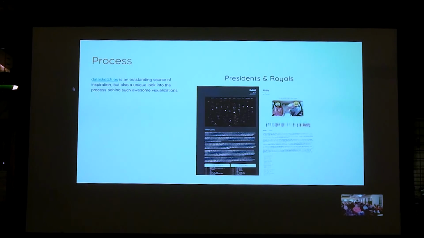Another thing that I think is really interesting and can be really helpful when you're trying to learn how to do this stuff is the Data Sketches website from Nadia and Shirley, where they actually document their process for building a visualization. And I mean, in extreme detail, everything from collecting the data, sketching on pencil and paper, and trying out ideas in code.